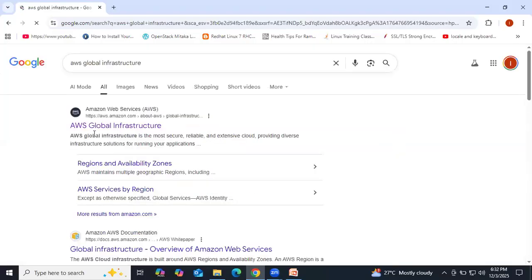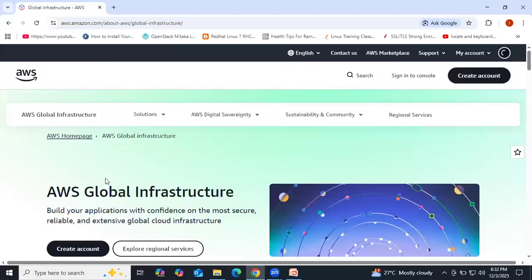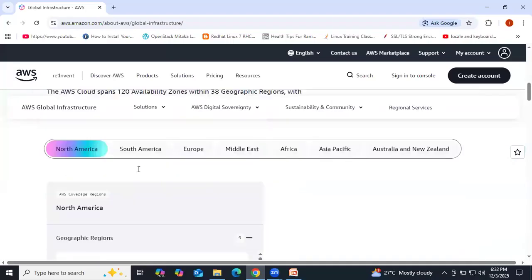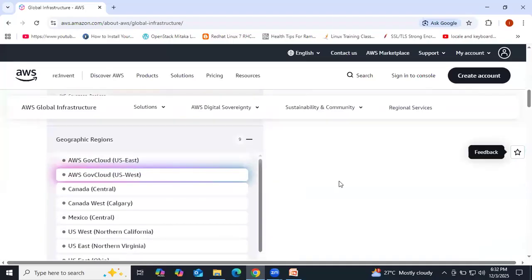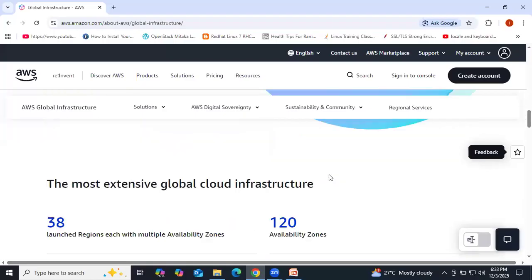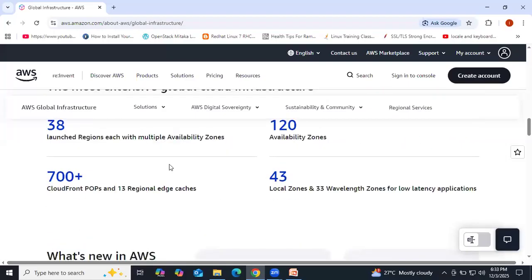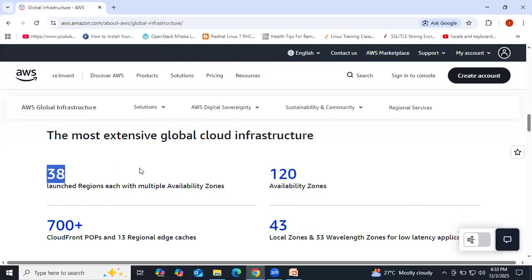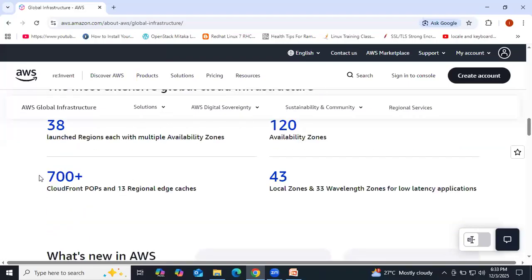Global infrastructure. Guys, open Google and type AWS global infrastructure. Then you are going to get the information here. How many regions? 38. How many availability zones? 120 availability zones we have, right? And then POPs, 13 regional edge caches. Edge cache means,